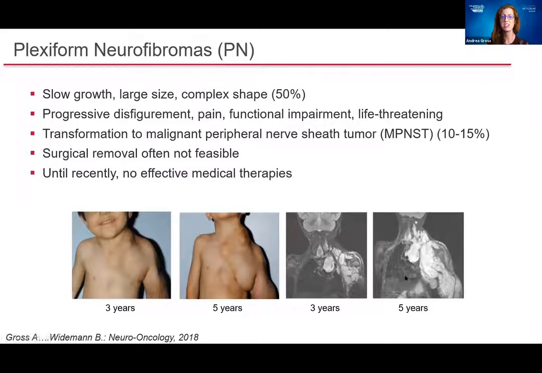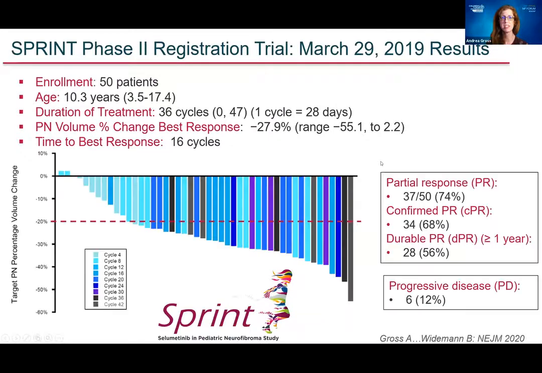And what you can imagine here is surgical removal of this whole tumor is really not possible. It's not feasible to take out this whole tumor. And so until recently, there really were no effective medical therapies, which again leads us to the results of the selumetinib trial, which we presented several years ago, which was very exciting because it showed that in more than half,